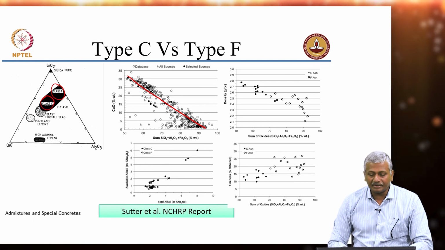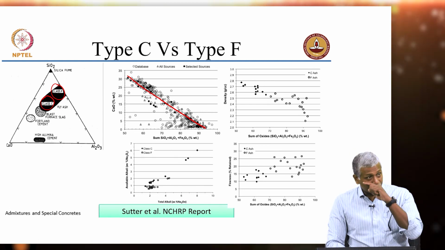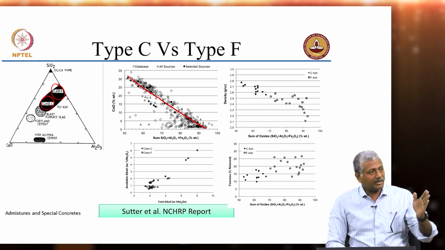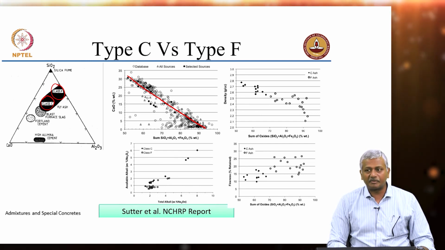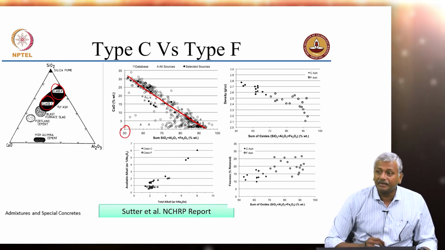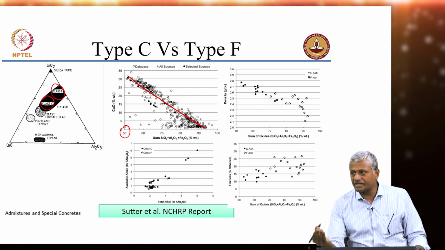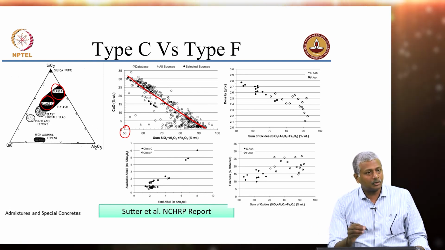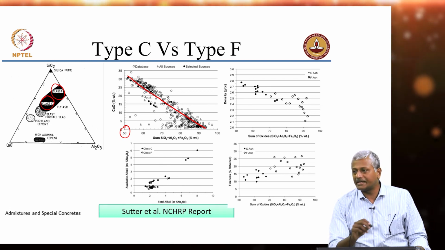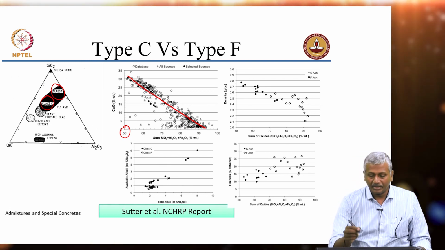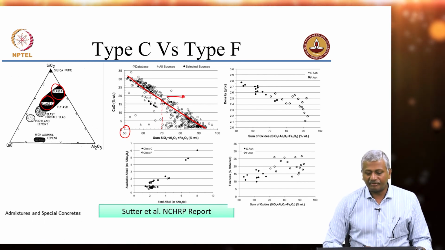It is a very interesting trend that they are reporting here, that for most fly ashes that they collected, if the calcium oxide by weight is high, then you have a lower content of the sum of silica plus alumina plus iron. Please note that this is always greater than 50, because otherwise it is not classified as a fly ash. Even for the high calcium fly ash, the total oxide composition of silica, alumina and iron has to be at least 50%. Okay. 70 is the point for F fly ashes. As you can see,